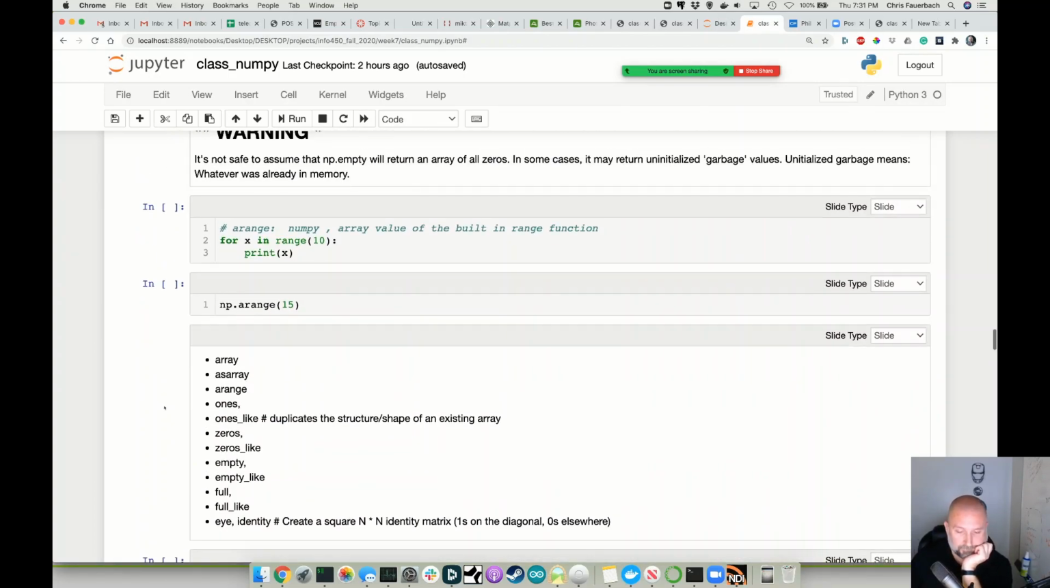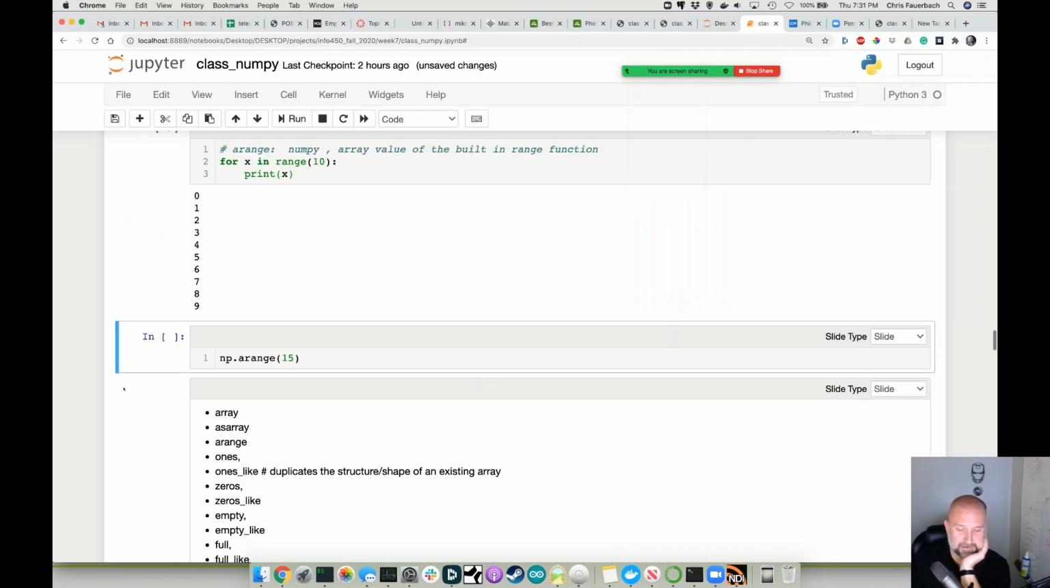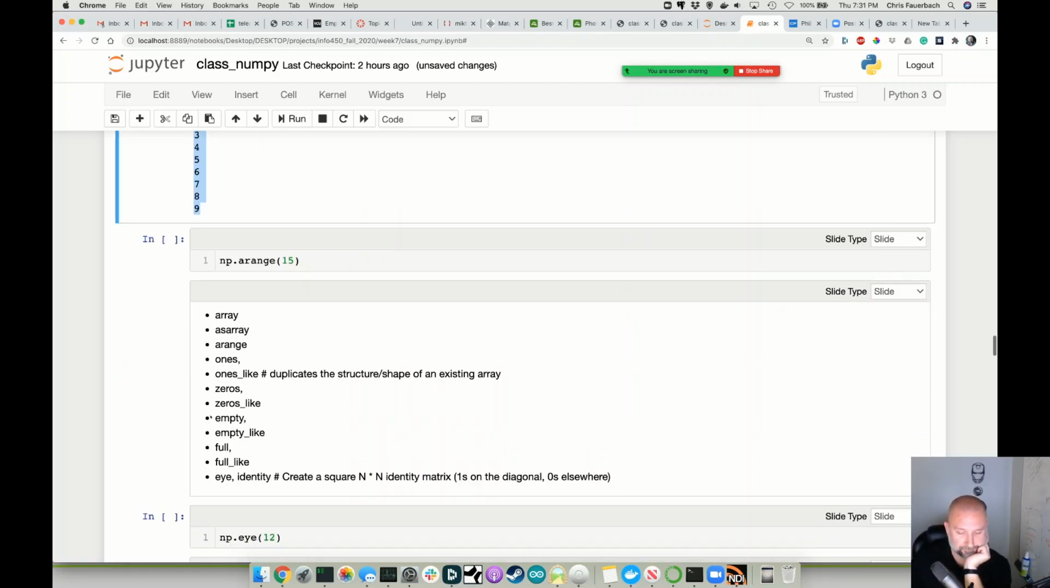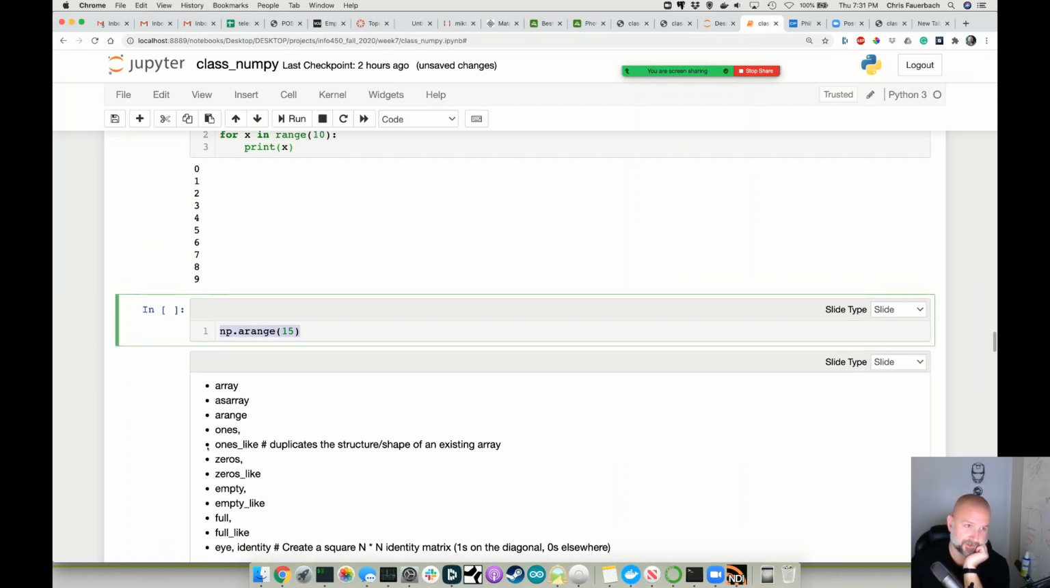Okay, another cool function. We've used the range function, right? The regular Python range function. It essentially returns a list of integers, in this case 0 through 9 inclusive. I'll run that, and so I can print out 0 through 9 inclusive, 0 through 10 exclusive. There's something very similar for NumPy. There's an arange function,